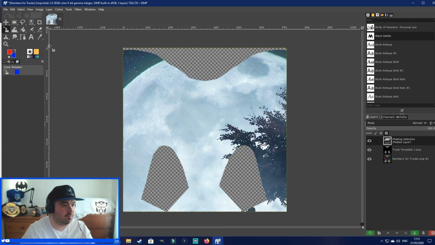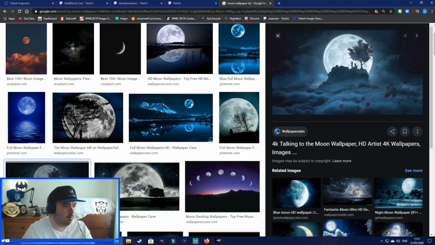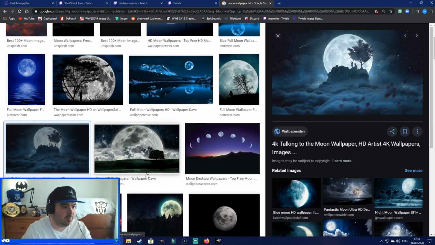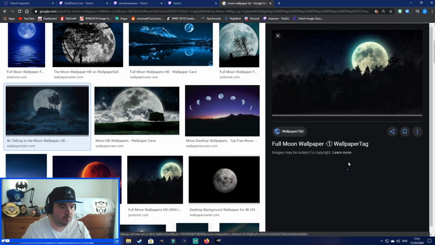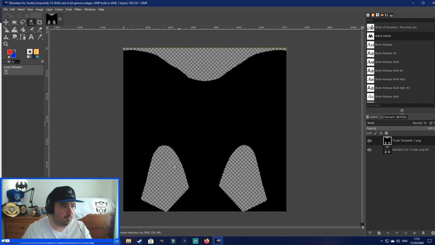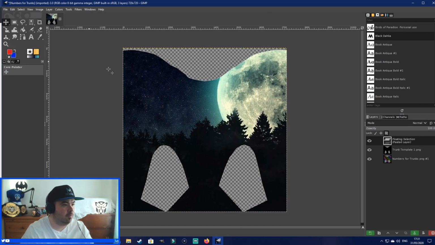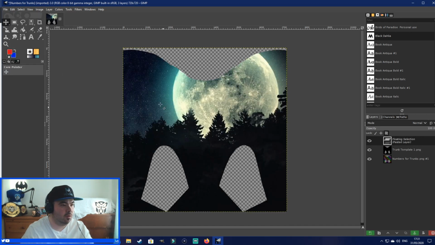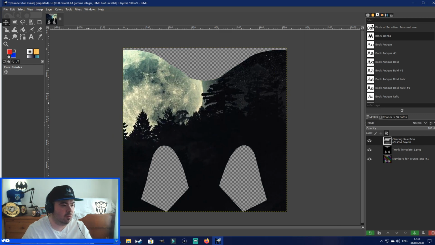Right, 1 second. Paste again into selection. I'm probably gonna have something where the moon is on the back of his trunks, and